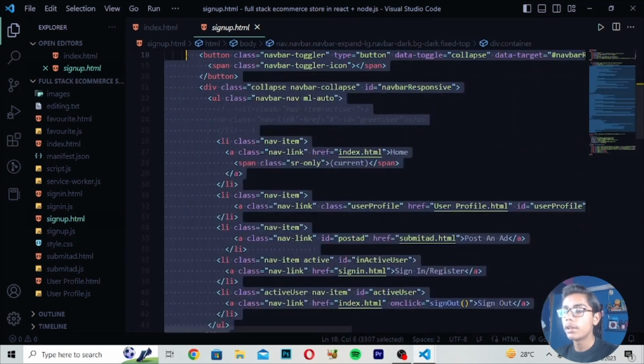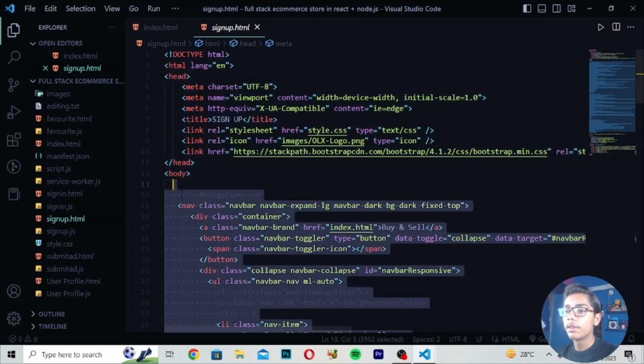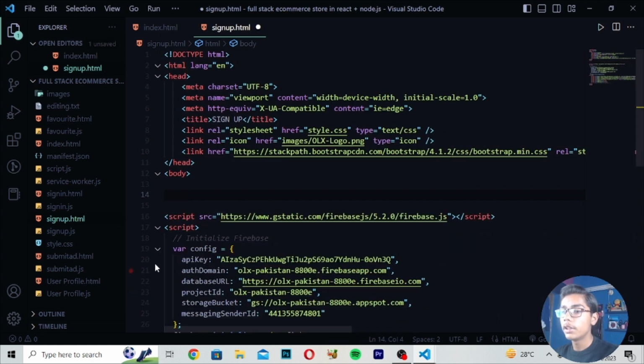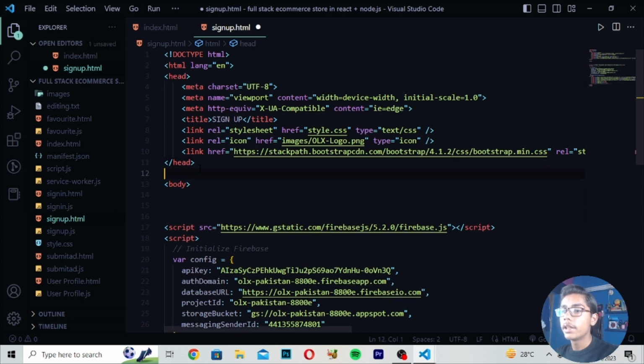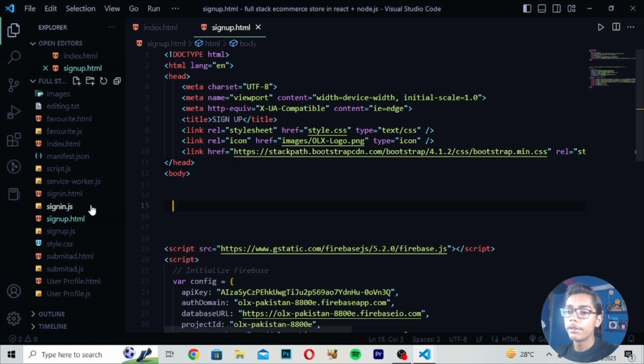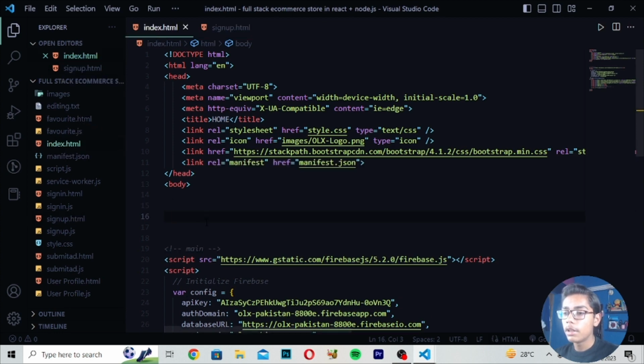So from here also I'll be erasing all these things, because we will be writing our own code here as well. After erasing all these things, I will just remove all this stuff, save it, then move down and save it, and then move to this file here, which is our main file. And now from here we'll be starting our code.